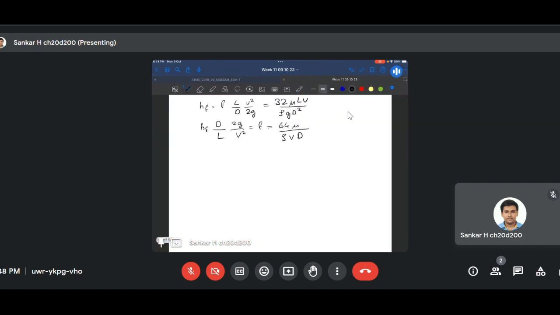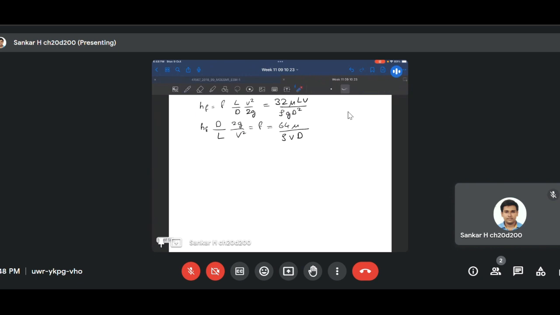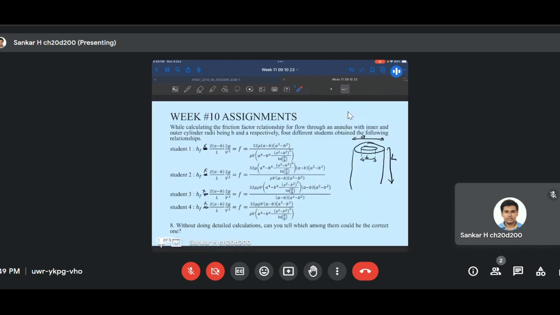So let's now find out which of these is most accurately representing the value D over here. Let's take a look first at all the options. It is known that the viscosity should come on top and the density times the velocity should come on bottom. Therefore, automatically we can neglect these two students' answers because they have